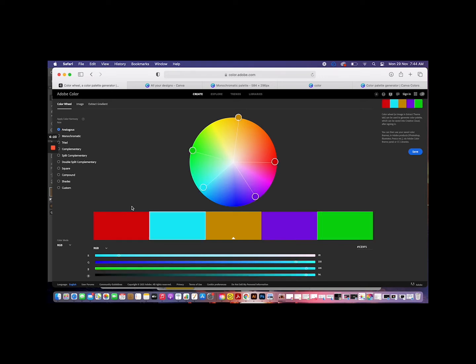So if I want this to be analogous again, I have to change the distance between the colors, because you can see that all these colors are still clashing. So in order to make them look uniform, I'll bring them closer together. Now all these colors are too sharp. So to make one of them work better, I can maybe lighten it or I can darken it. So this way I can take an individual color and I can edit it to make it better. So that's how I can actually create an analogous combination.